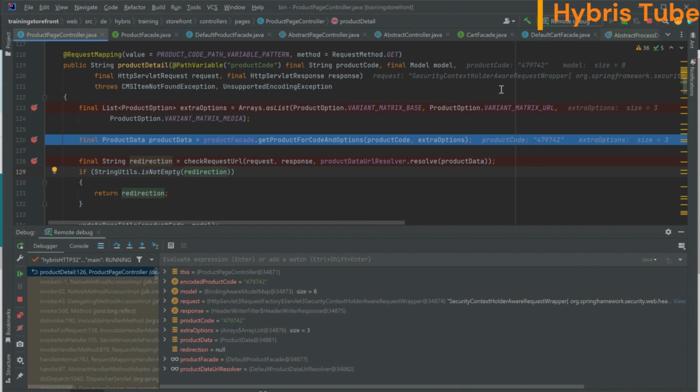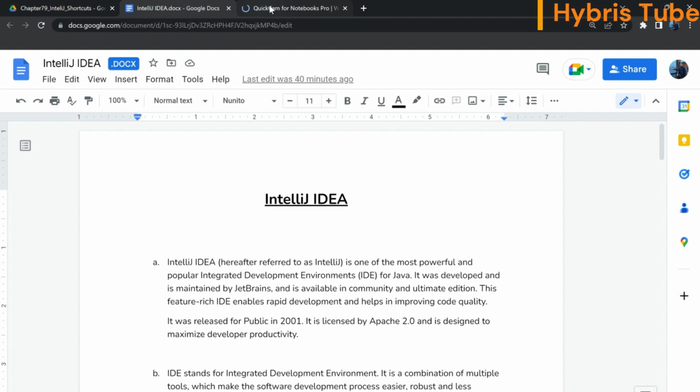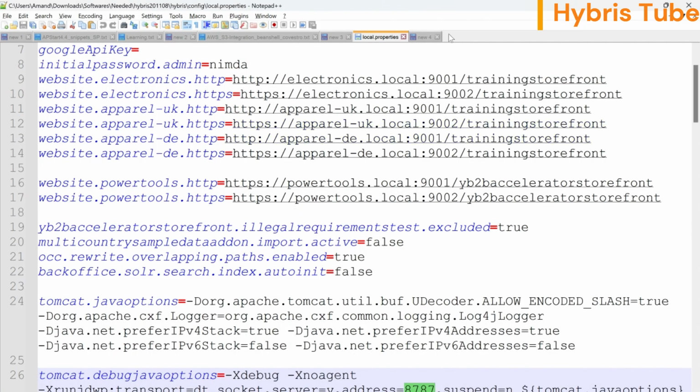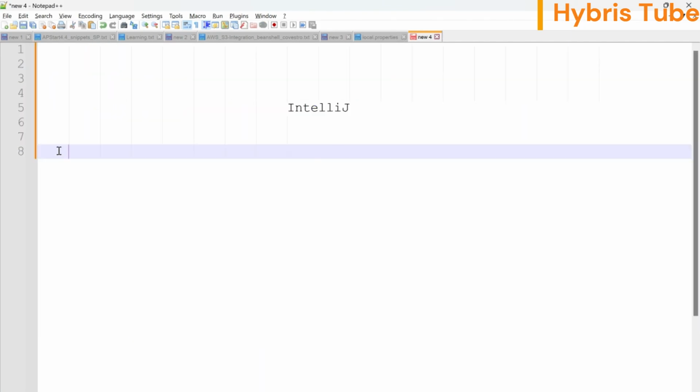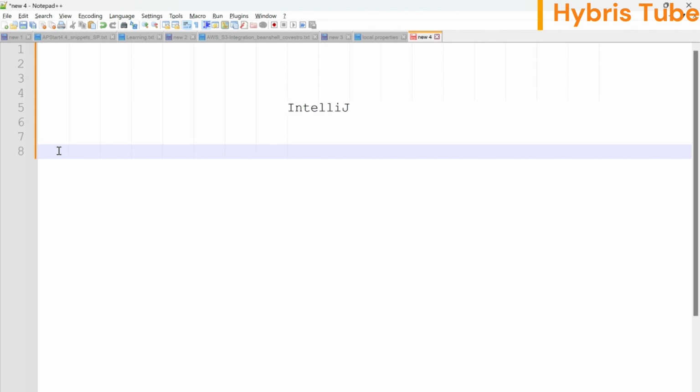And guys, again, I am saying that all these details I have already uploaded in the notes of this video, so you can also go through these notes. These will be the quickest way to learn or to do the setup of IntelliJ in your system. So for that, I will write some of the definitions of IntelliJ. So I can write, firstly,